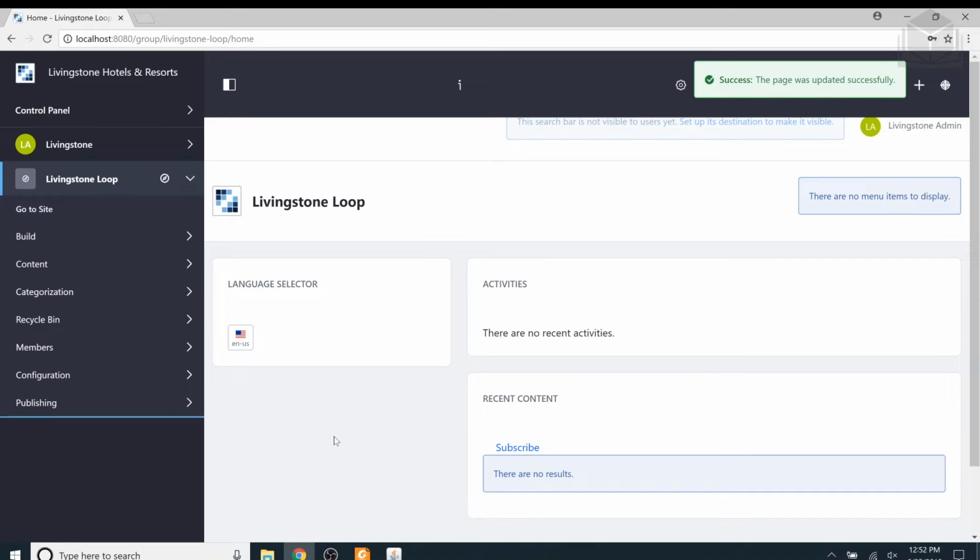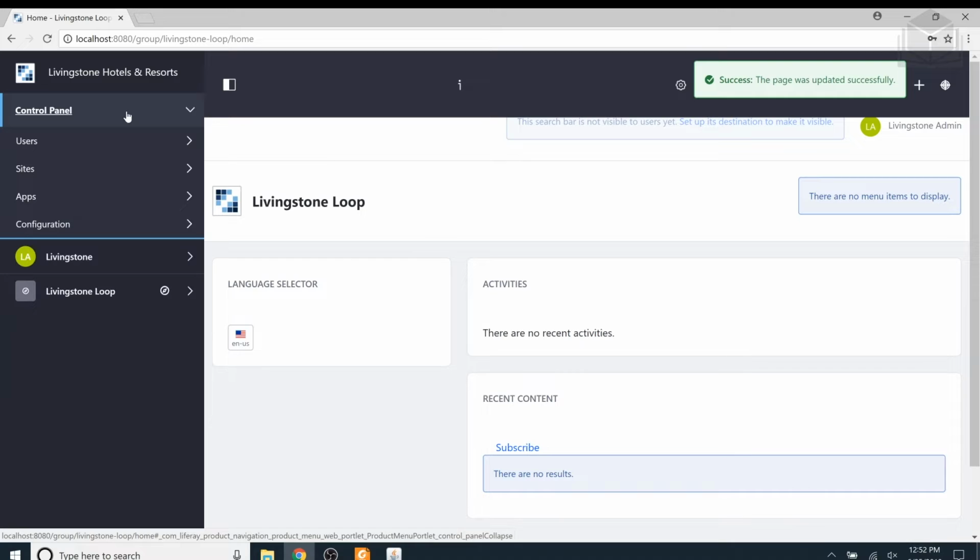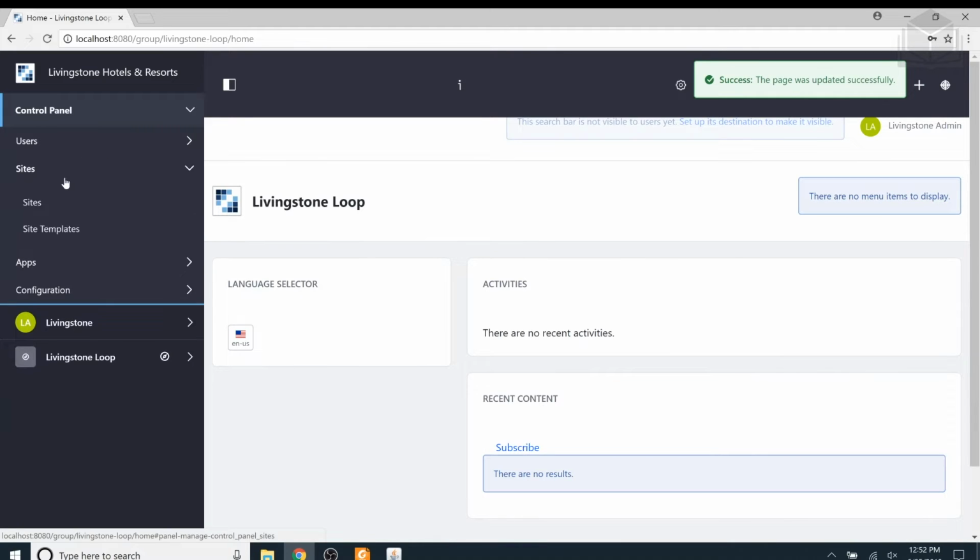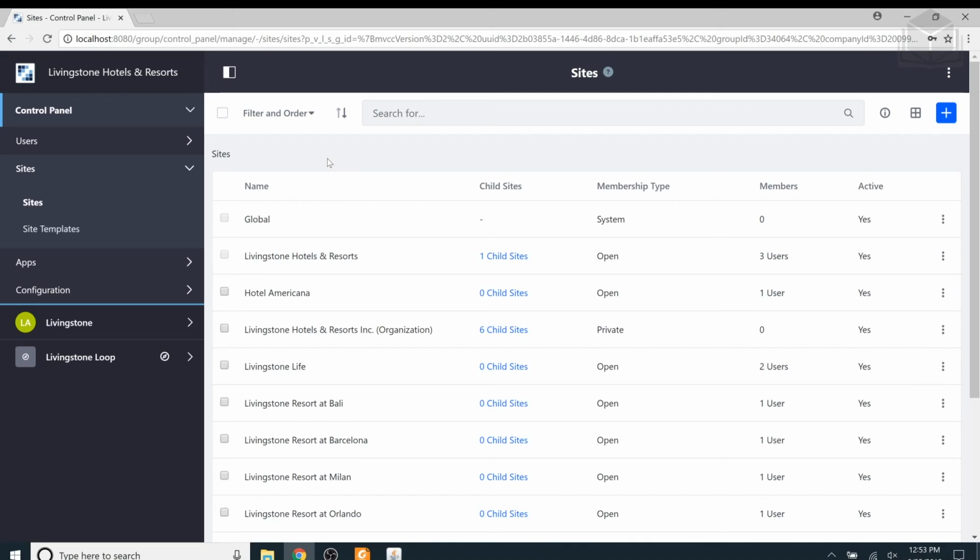All right, so back over at our product menu, we're going to head over to the control panel. Once the menu has been opened, going over to the control panel, followed by sites, and then sites one more time. So control panel, sites, sites. Now that the sites section has loaded up, what we're going to do next is click